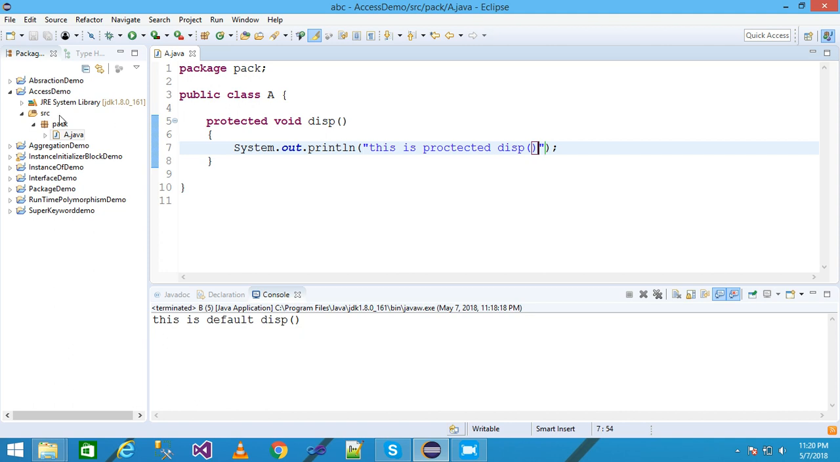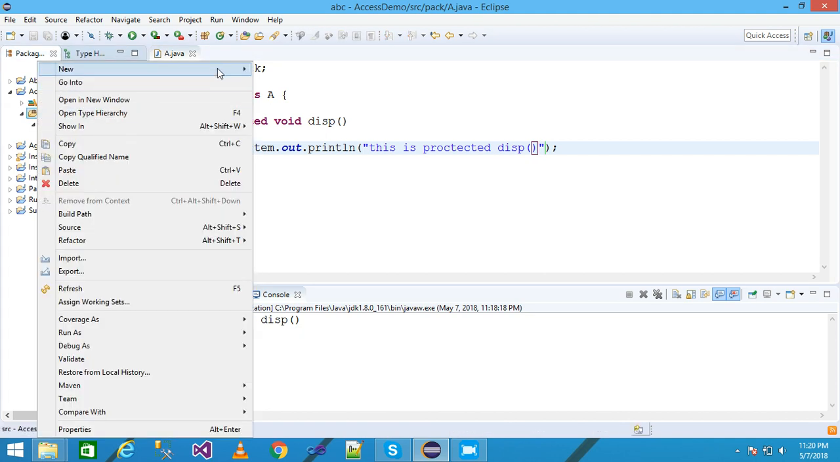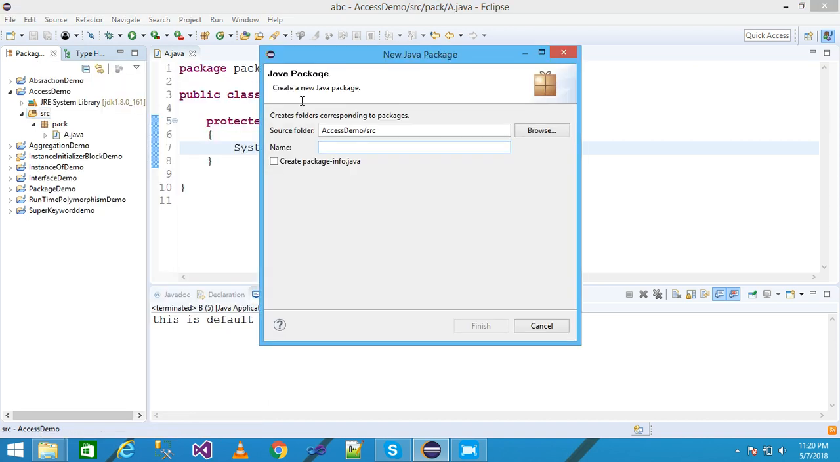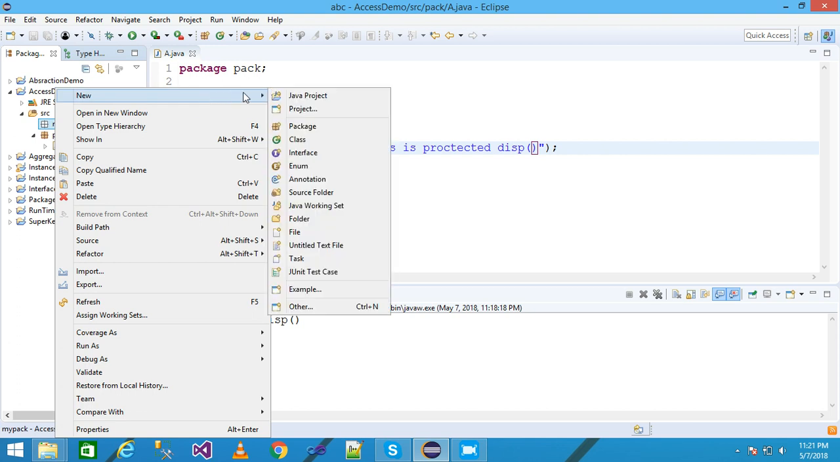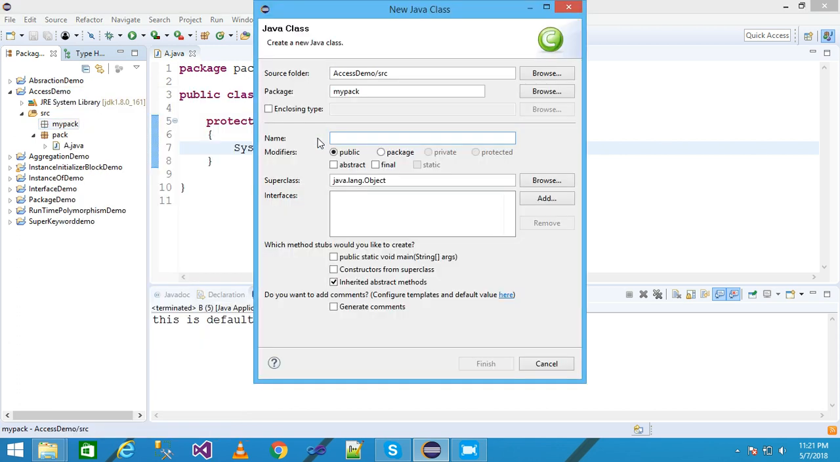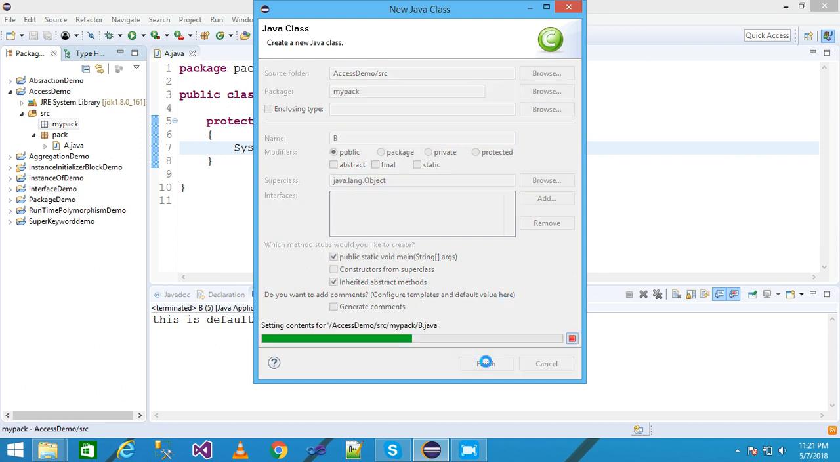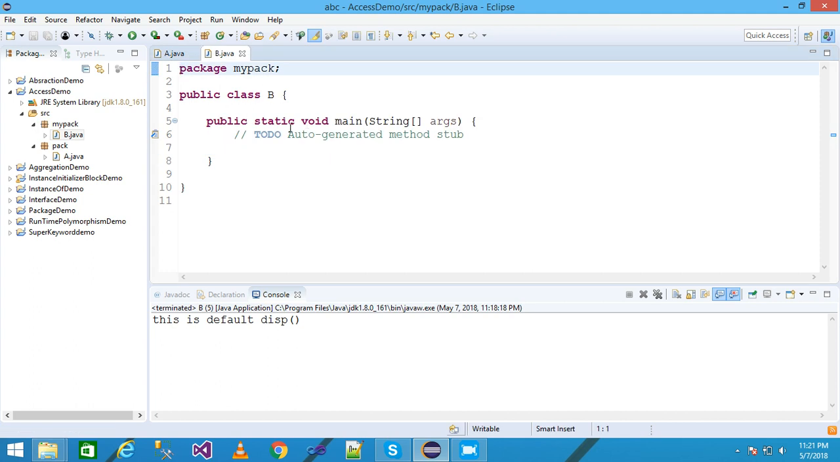Okay, and again right click on the src, new, and take another package, my pack, and click on finish. Okay, my pack is successfully created here. Right click on the my pack, new, and take a class B and check the public static void main method and then click on finish. Okay, B class is successfully created here with the main method. I am going to import the